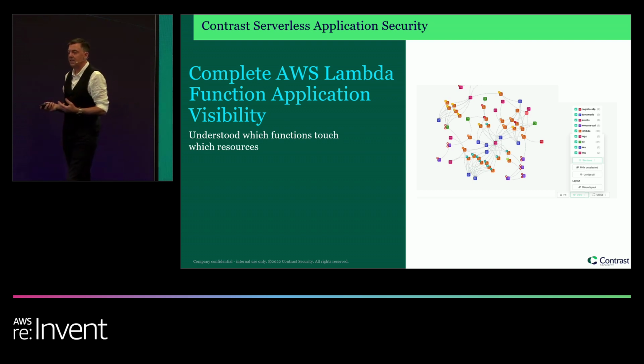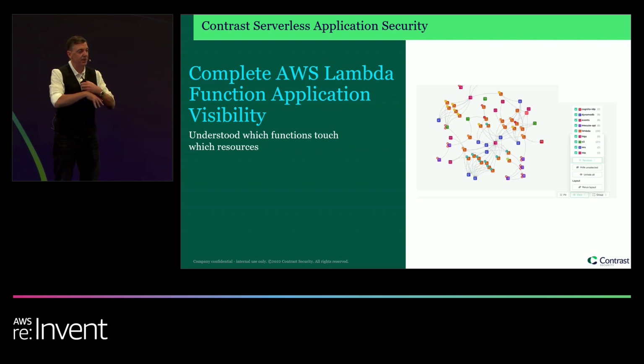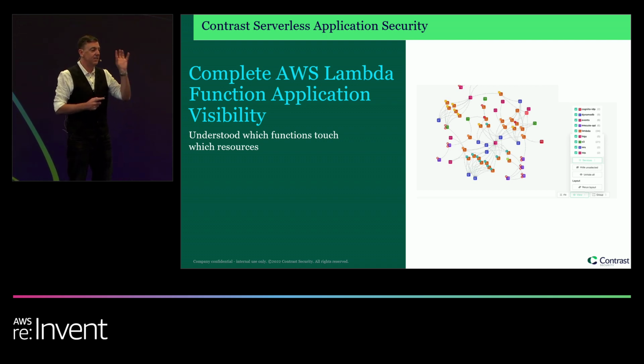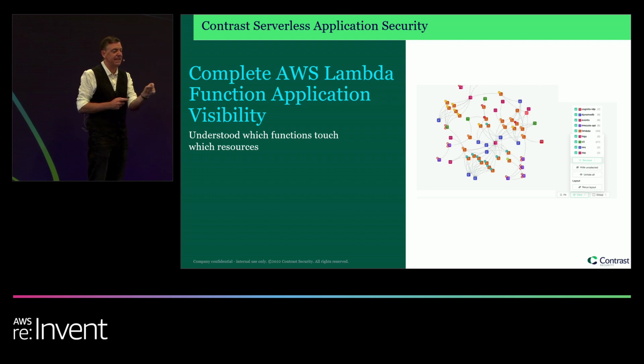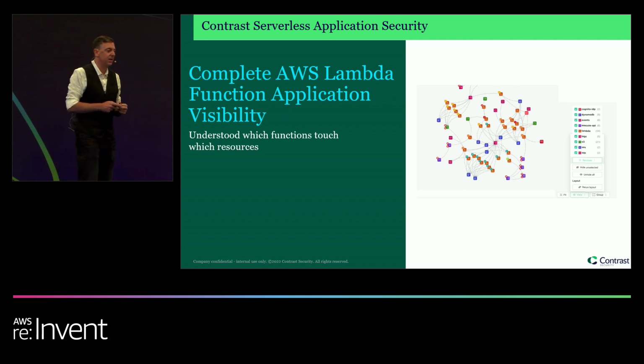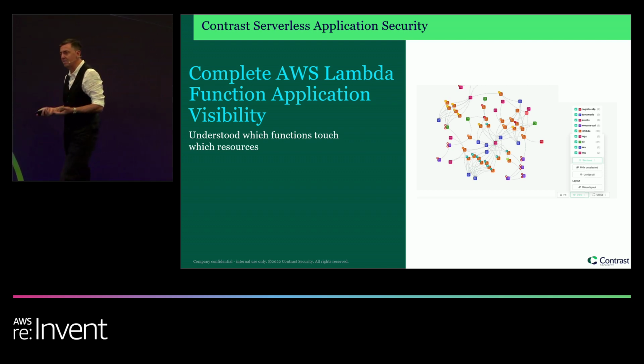So one of the things that Contrast tools do for you is, again, looking inside that environment and understanding the full graph of your application, we can give you the exact privileges that each function needs, the exact minimum set of privileges, your least privileged set for each function. And we'll actually just give you a little snippet of code that you can copy and paste right into the AWS console that's going to help you lock down all of those functions to the minimum accessible piece.